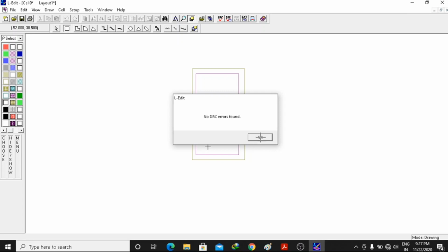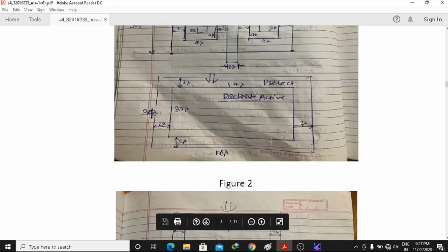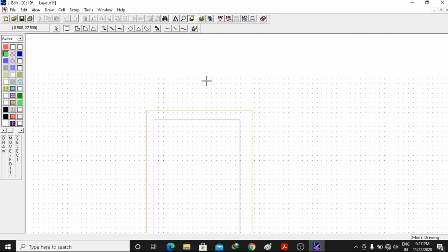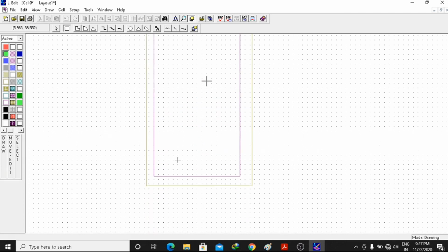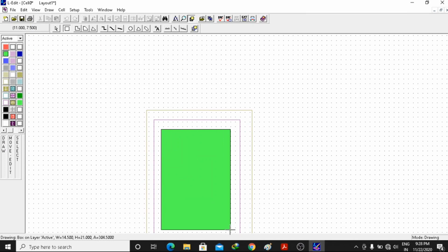After this, what next you have to do? So next thing which you have to do, guys, is you just go in the diagram. You see, after P select, my next goal is to draw active. Okay, so active, the height is 30 lambda and width is 14 lambda. So let's try to draw the same inside the P select. So I have selected active. After selecting active, I have selected plus button. I will use the navigation keys to maneuver up, down, left, right, and then I will select somewhere over here. I will select it, and then I will start dragging.